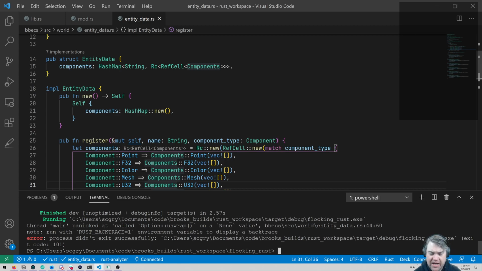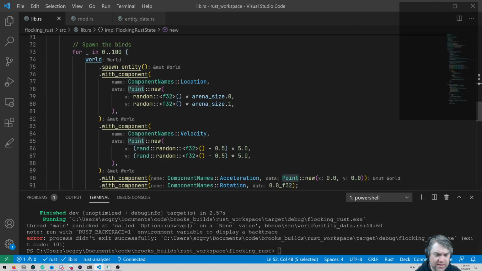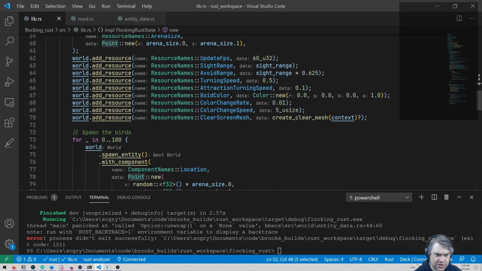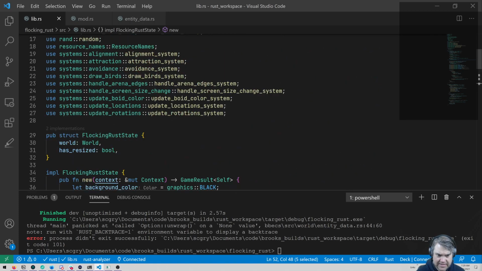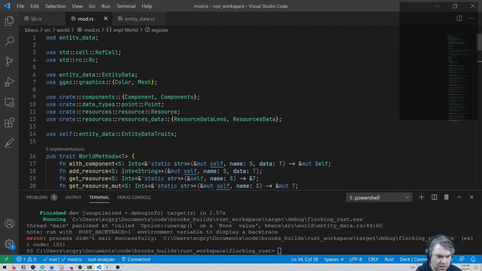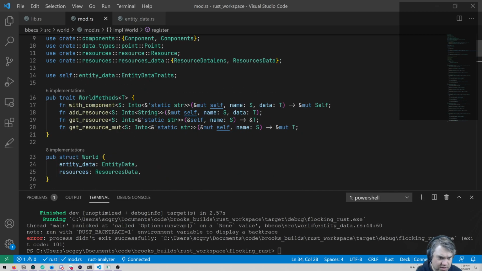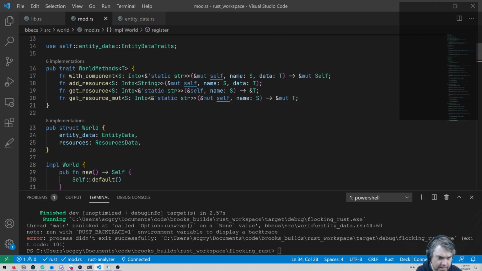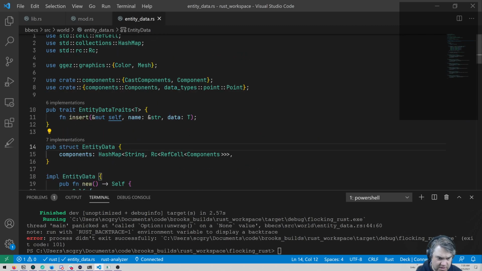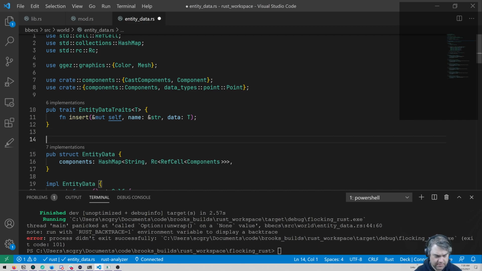Okay, so what I need to do is do these registers, and then I want to print out what is in those components. So in order to do that, we need to go into the entity data. Okay, for these components, I want to derive debug.